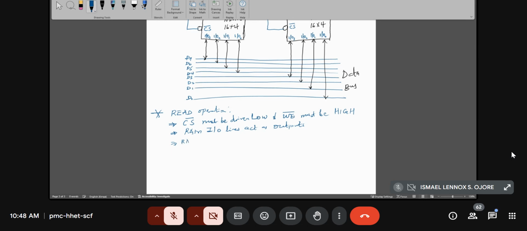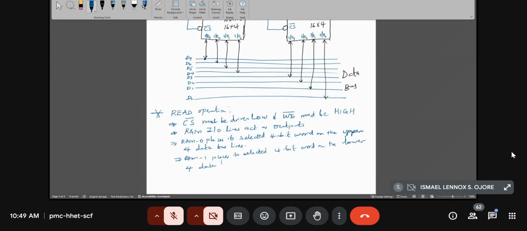Then the first chip, that is our RAM 0, places its selected 4-bit word on the upper data bus lines, and similarly RAM 1 places its selected 4-bit word on the lower 4 data bus lines, and by doing so, the data bus